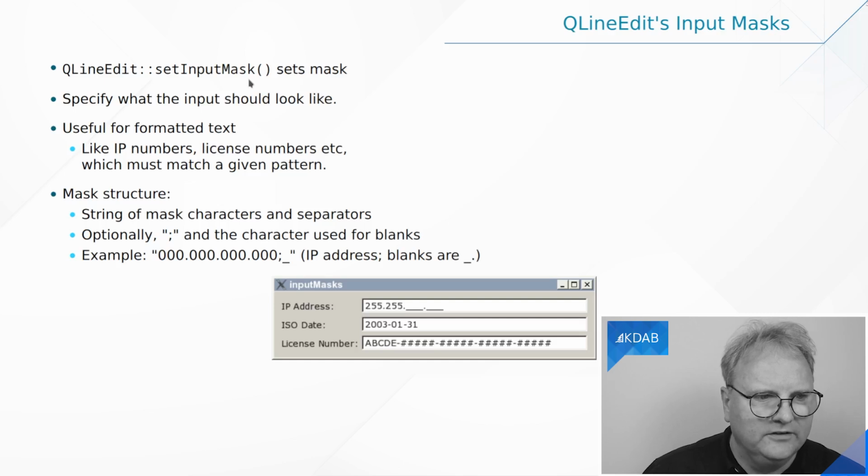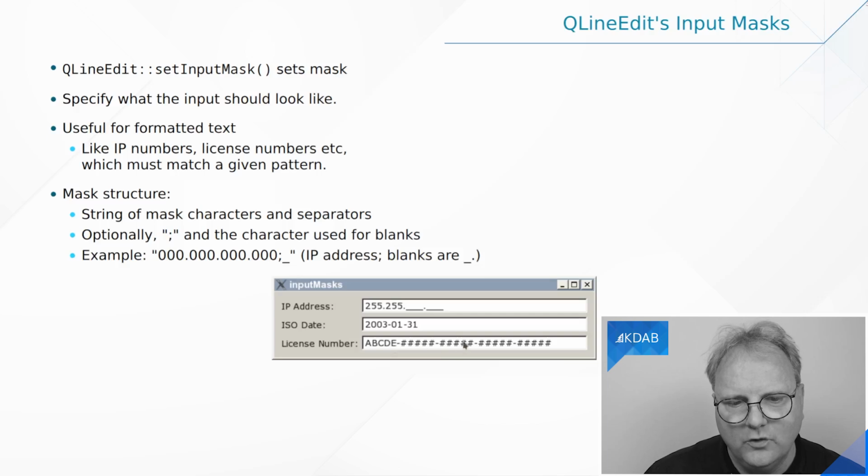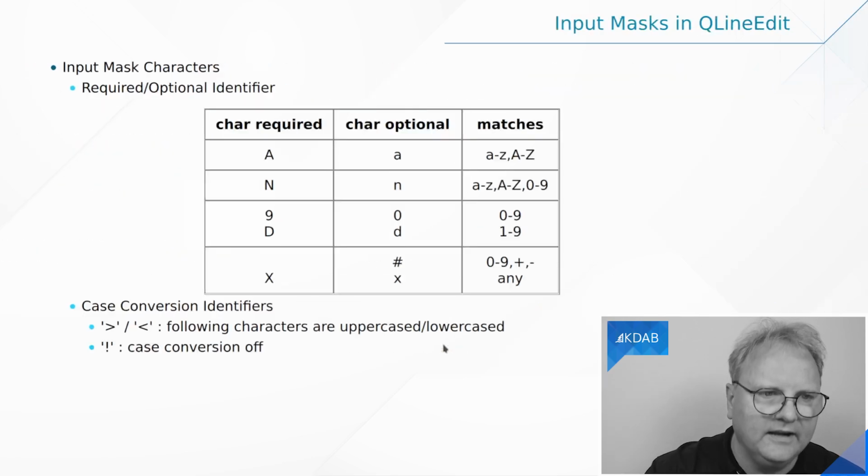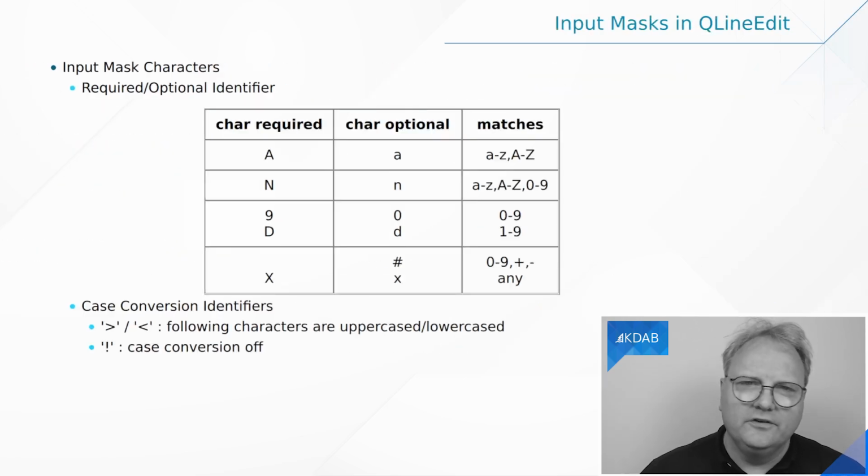So first of all, the QString can be a number of characters. Each character represents one input character in your string. I will show you on the next slide what those characters can be. And then it can end the QString in a semicolon and then another character. And that other character is what blank is represented as. So here you can see an underscore. That is the character for that blank. And down here you see a hash mark. That's the character for the blank there. Okay, so welcome to the world of obscureness.